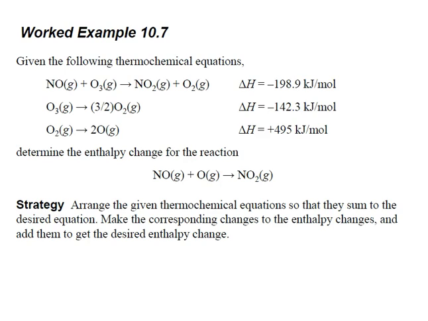Alright, let's take a look at example 10.7. It reads, given the following thermochemical equations, and it gives these three here with their respective enthalpy values. And this is nitrogen monoxide, ozone, nitrogen dioxide, what's called molecular oxygen, the second most abundant gas in the air we breathe. This comes from